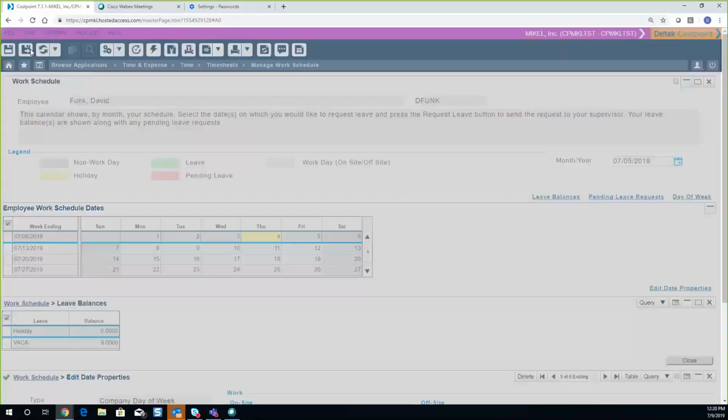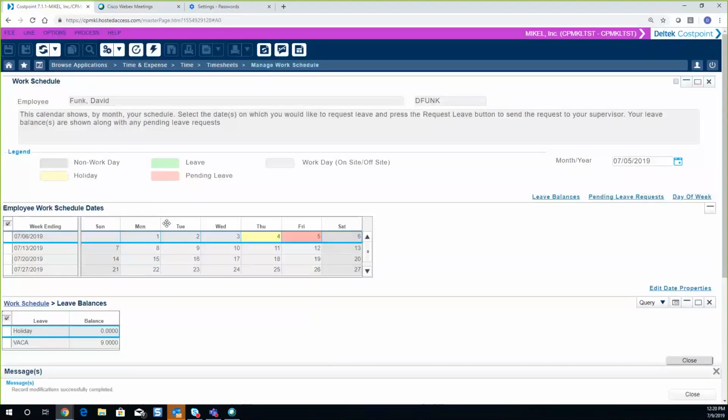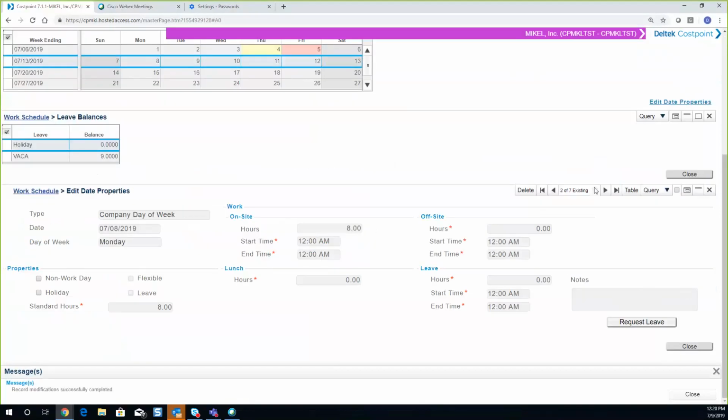Great. Any questions on requesting leave? David, can you show us if you pay separately, or can you do consecutive days at once? If you want to take a whole week, David, to show. Oh, that's a great question. Yeah, so, no, you do have to do individual days. But what you can do is navigate between the days here,